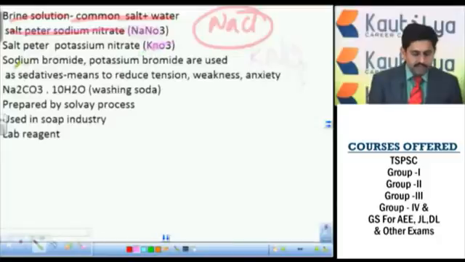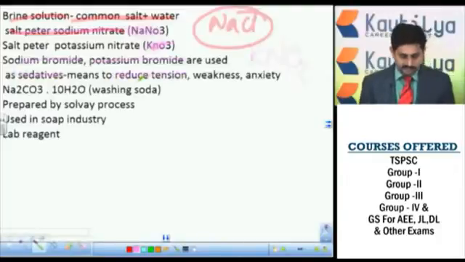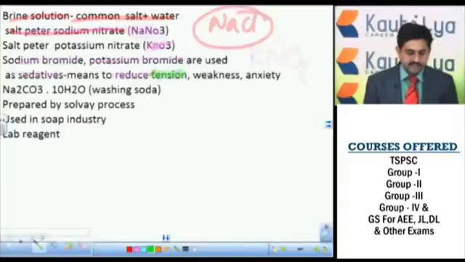Then sodium bromide and potassium bromide are used as a sedative. Sedative means which reduces the tension. Sedative is one kind of drug which is going to reduce your tension. Okay, so it consists of sodium bromide or potassium bromide, and it reduces the weakness and it reduces